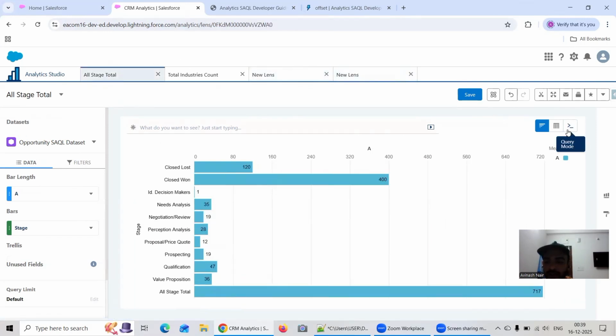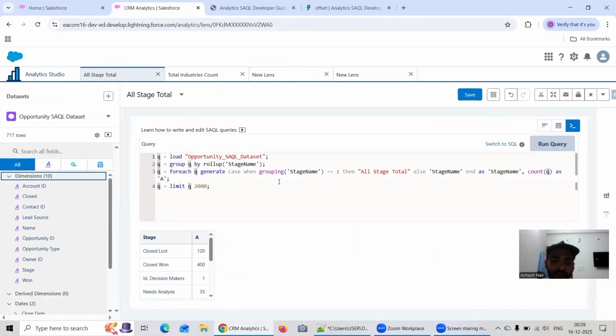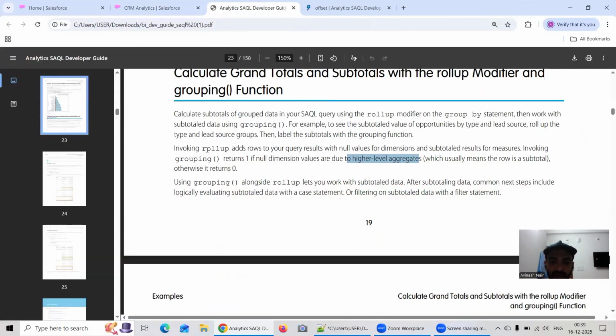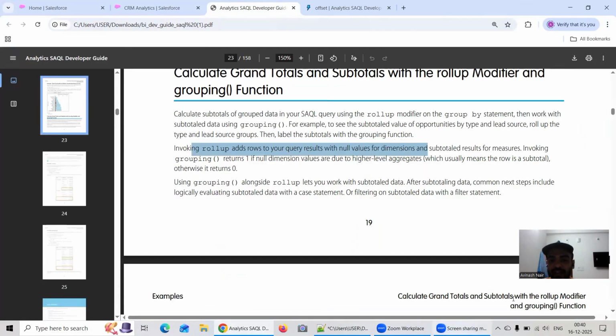So that is all about this video. I didn't write any particular query, but we can definitely practice on this part, maybe in one of the sessions. The roll up is basically you just roll it up to get that aggregate, which is properly written in this particular document as well. Invoking roll up adds rows to your query results with null value for dimensions. Once the roll up is done, due to those high level aggregates, a null dimension comes, and once we apply the grouping, that grouping will return 1 for that null dimension, and that we can replace with that dash with